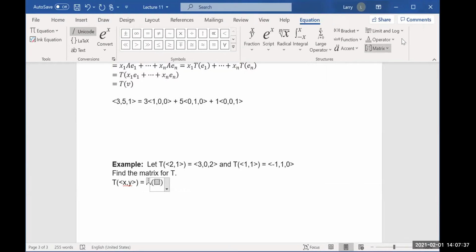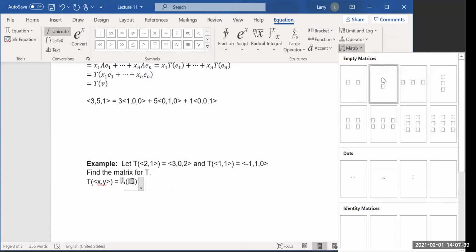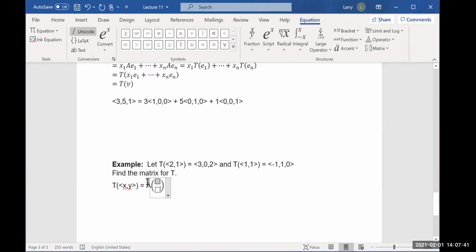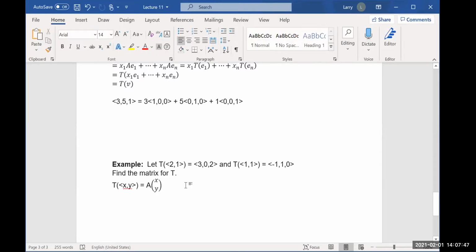Takes a while to write it correctly. That's what I want. Do you agree? Yeah. Okay. So what I think about in this proof is I want to write it correctly. If I can figure out how to write XY in terms of (2, 1) and (1, 1), I'm in good shape. So I'm going to write XY